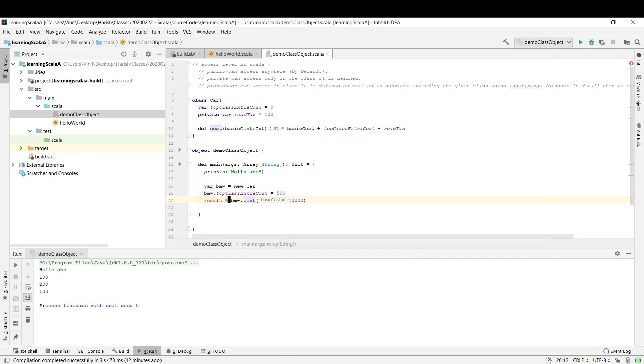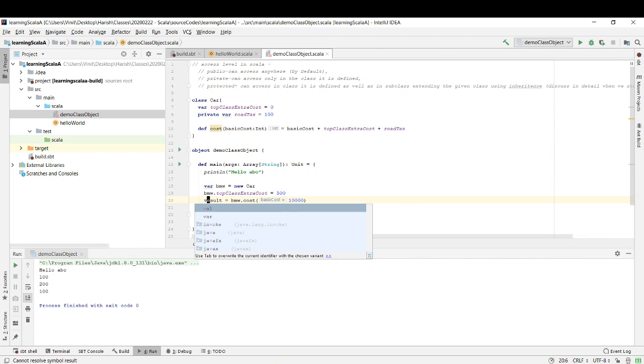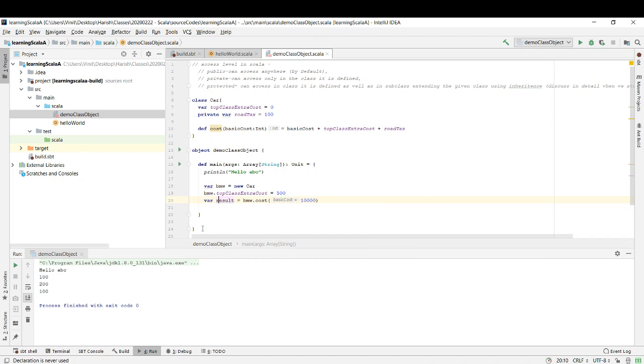Am I doing something wrong? Why is the result in red? Oh, I forgot to specify where over here. Why is this insert button pressed? Okay, where result. So what I am doing over here is saying that I want a result, and